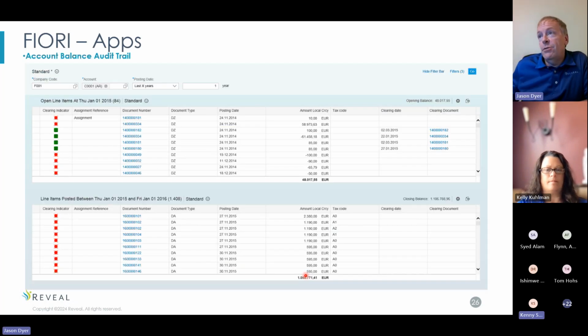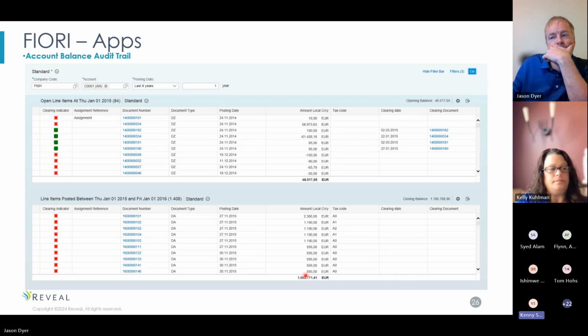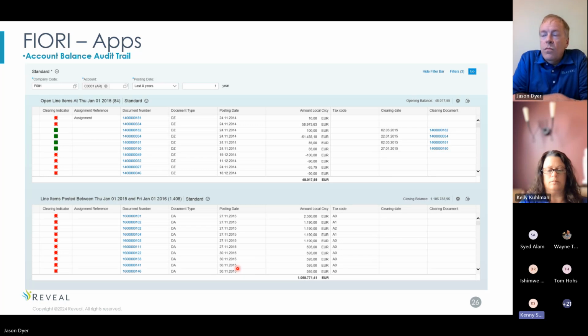Account balance, audit trails. This is great. Yep. And everyone is used to seeing this, but not in this particular way. If you see over here, Jason, the posting date option, you can actually choose what your posting periods would be. It could be years, months, or whatever. So it's very useful for audit trails or things like that. It's a different view of the same data that already exists in reports like FBL1N or 3N, 5N, all that good stuff, but